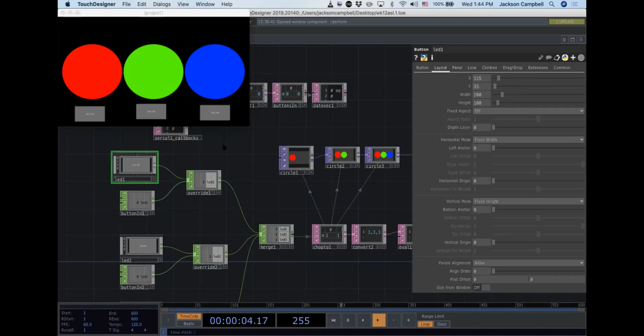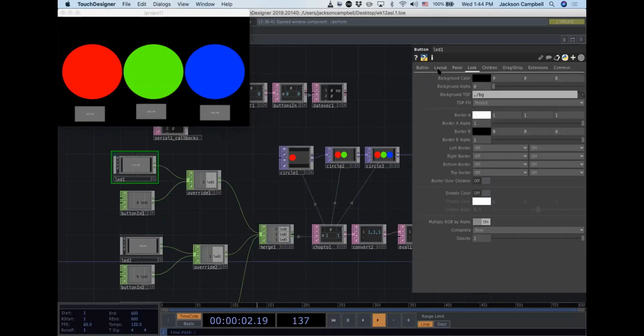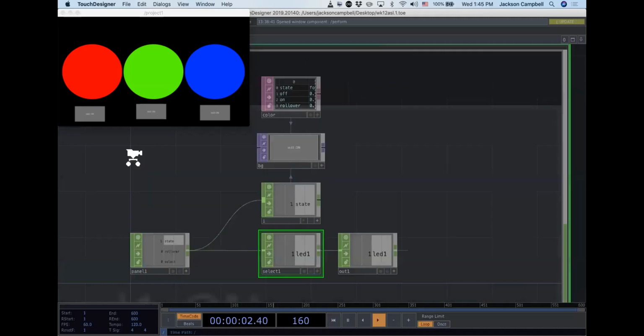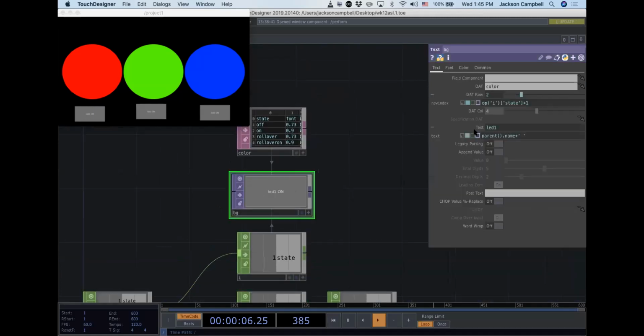Okay. Also, let's see, can I adjust the text in here or do I have to go inside? I think I have to go inside. The button text? Yeah. You did the code where you can just change the name. Yeah, that's true, but to get the font size of the text, I think you still got to go inside. So if I hop inside this button and I click on BG1,